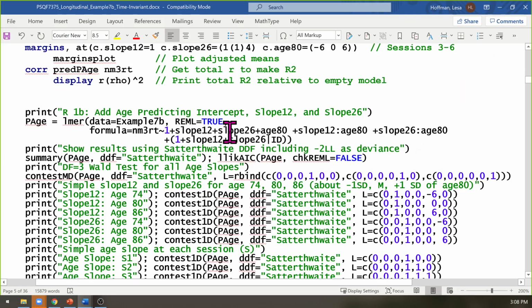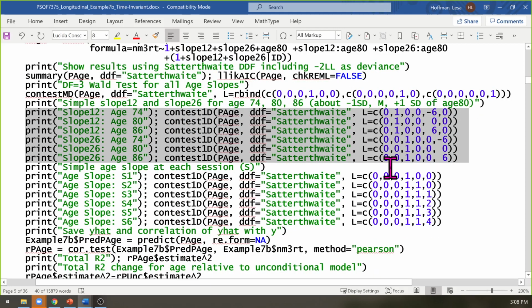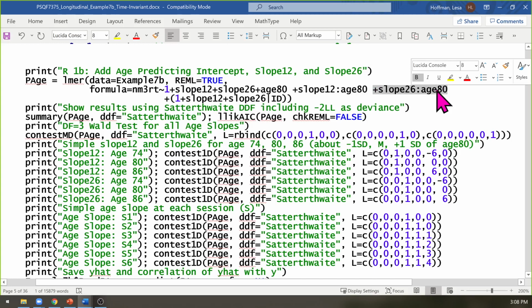I was in R because we're doing this in sections of the same idea. So this is how you get the simple slopes at each age. I started working on this and I understood what I was doing with the contrast 1Ds and I wasn't getting the answers right. And I know what they should be because I've got output from the 2 other programs. And I'm like, what the hell? And finally, I realized what had happened. So I am writing the model statement with spaces so that I can keep the terms visually separate to myself. But note that